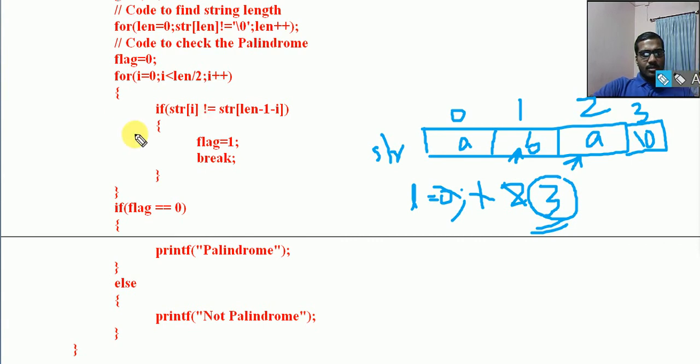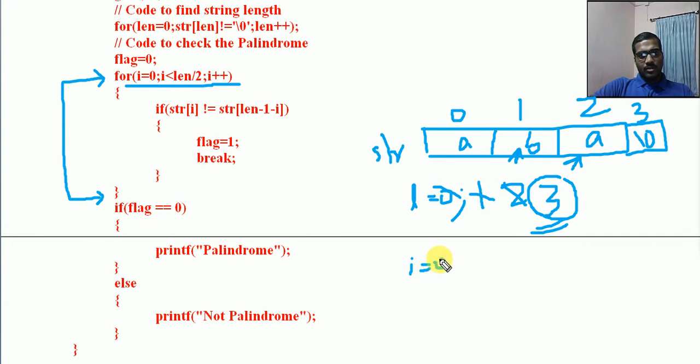So this is the for loop. Just listen to the loop. For i equal to 0, we are starting a loop because we need to have this 0, 1, 2. Here we need to do something.